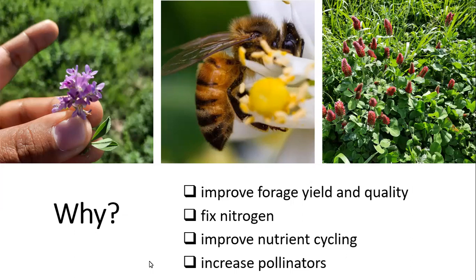Especially this year and probably the next couple of years, we are going to be trying to optimize use of inputs, chemical fertilizers, for example, on our forage systems. One of the ways to try to reduce some of those inputs is to actually add legumes into the system so we can reduce the use of chemical nitrogen fertilizer. Then legumes also contribute to improvement of nutrient cycling, and they serve as habitat and food for wildlife